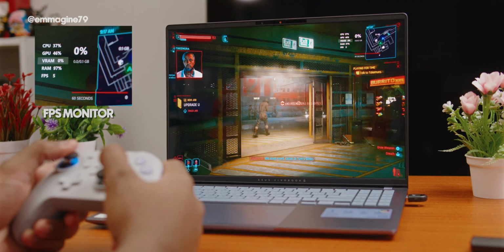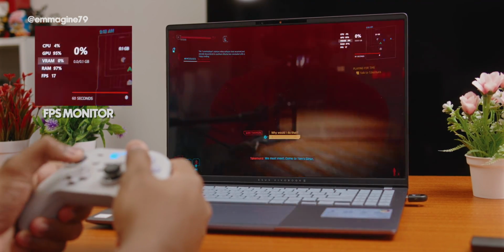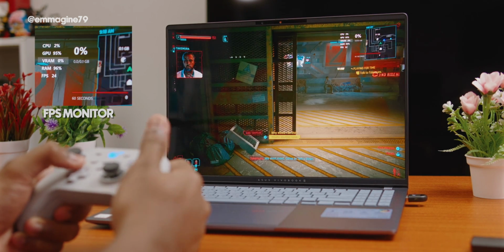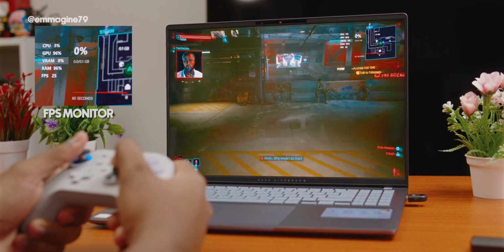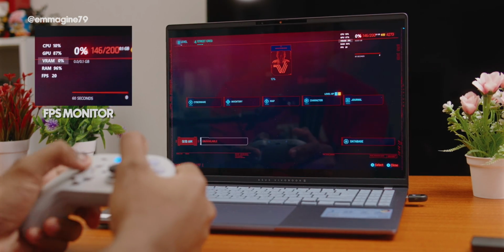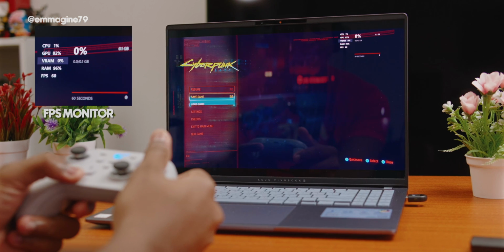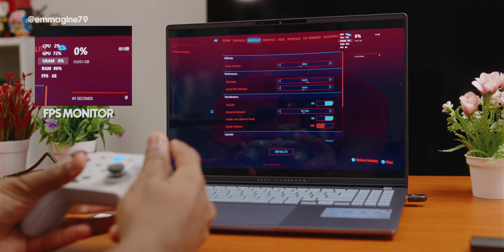The first thing I definitely noticed is just how much more laggy Cyberpunk 2077 is here. So get out of this right now. Why will I do that? Those lag spikes, while I did not notice them in, let's say, Genshin or even Wuthering Waves, I definitely noticed here. But first, let's start with the settings. What settings am I using? So I think I'm using the